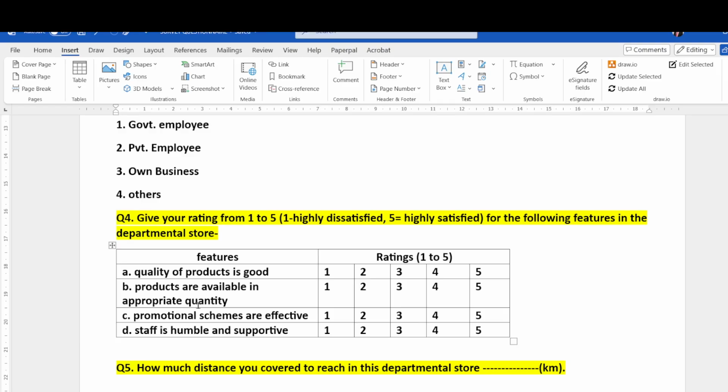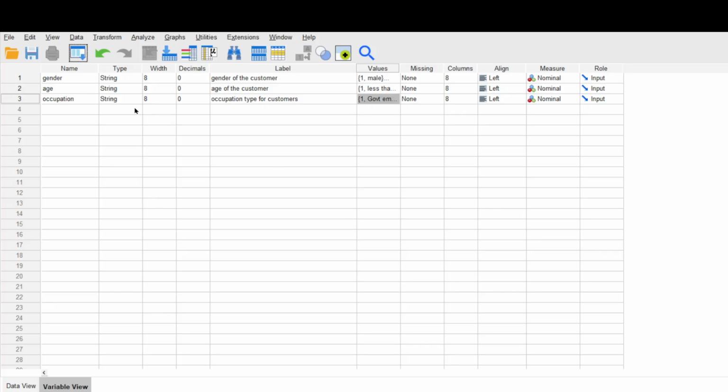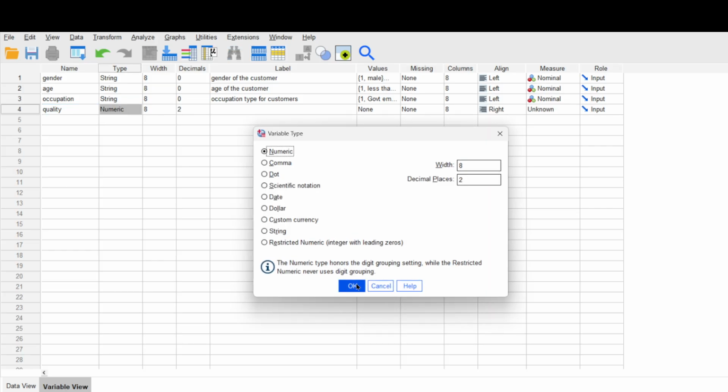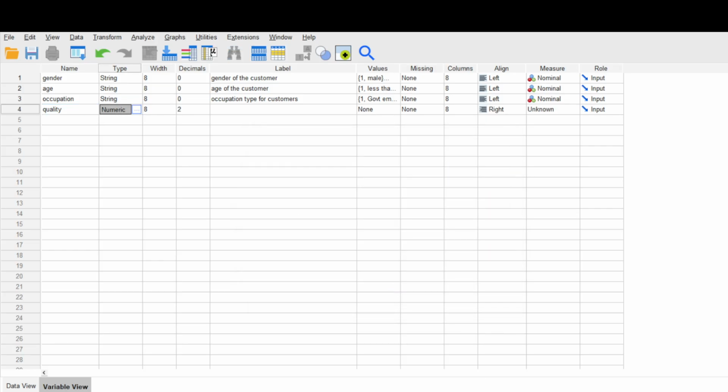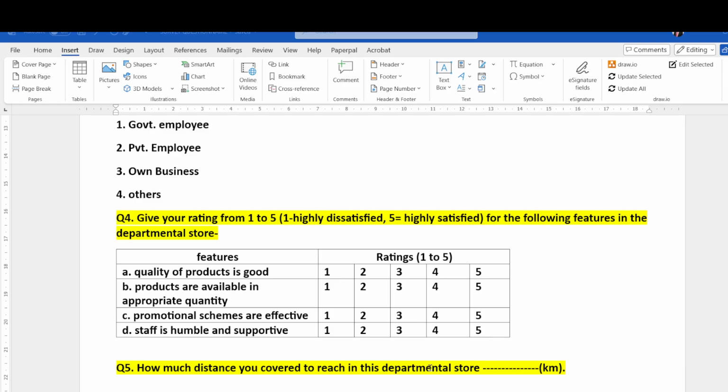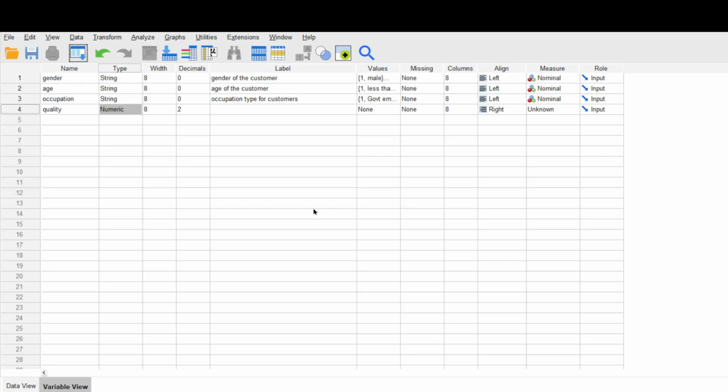Fifth variable is quantity. Sixth variable is promotional schemes, and seventh variable is staff. So in this way we entered them one by one. So variable number 4 is quality, quality of product. So I use the word quality here. Now because we have used this rating scale, and a rating scale is considered a numeric variable, we just keep this option numeric only, and we assign the label satisfaction